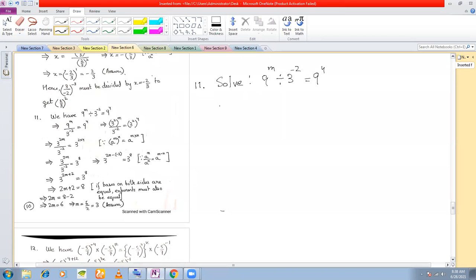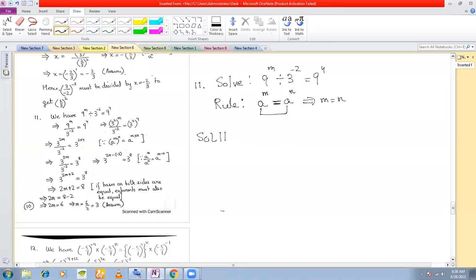Now there's a rule here, okay? A small rule which you must remember before starting this sum, that if you have two exponents, a to the power of m and a to the power of n, which are equal, and the bases are equal, a and a, right? Then you can say that the powers are equal. Understood? This is the rule that we are going to use here.